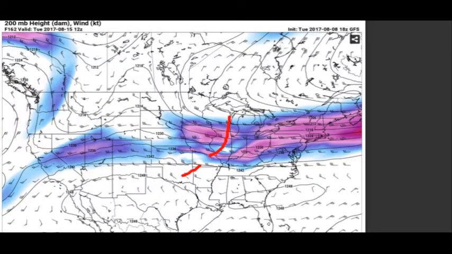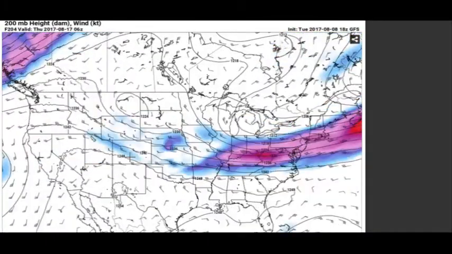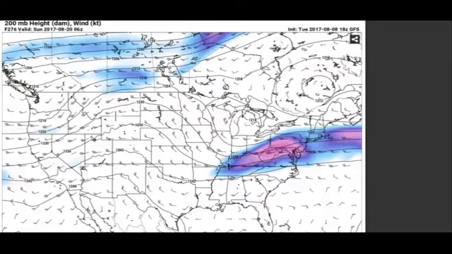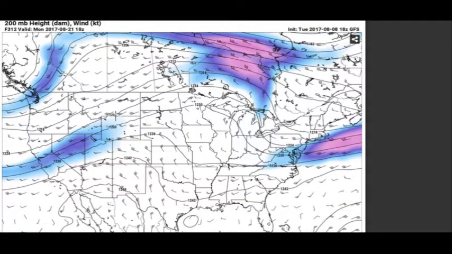Although that depends on whether we get another cold front making its way south. And then we just continue with northwesterly flow here in the U.S. And then a little bit of troughing